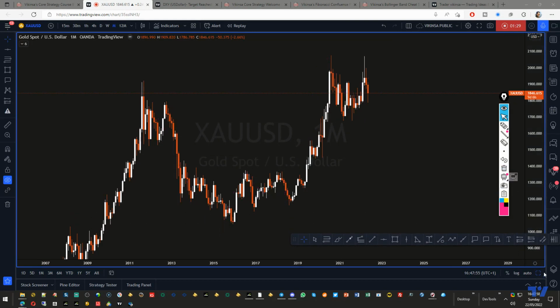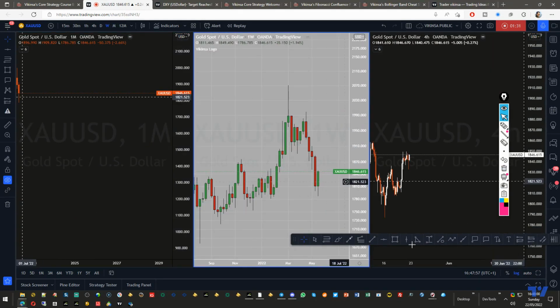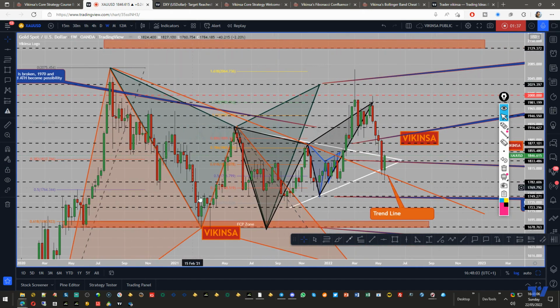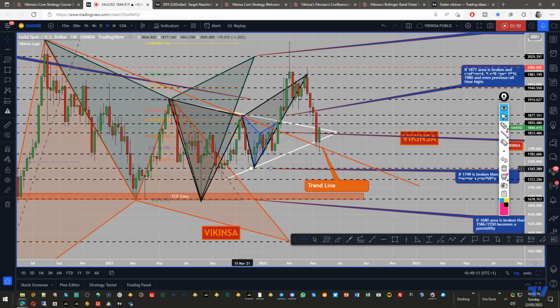Let me show you the higher time frame. So higher time frame analysis was like this. We already had this planned. So there was a W pattern here, and there was another one here, and this was posted several months ago. So the higher time frame pattern is actually working out on gold very nicely. And what we have right now is that it is reacting to one of these trend lines.